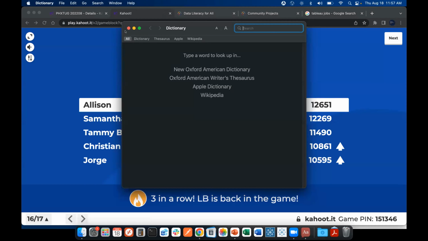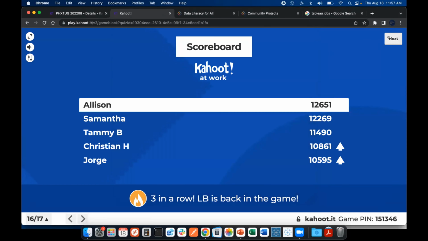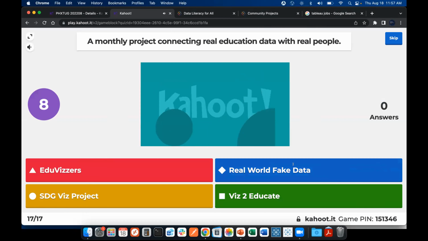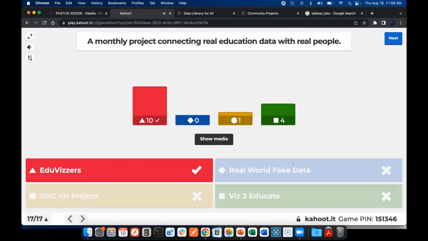Faster you respond, more points you earn. All right, this monthly project connects real education data with real people. Yes, EDU visitors. All right, let's see our leaderboard.